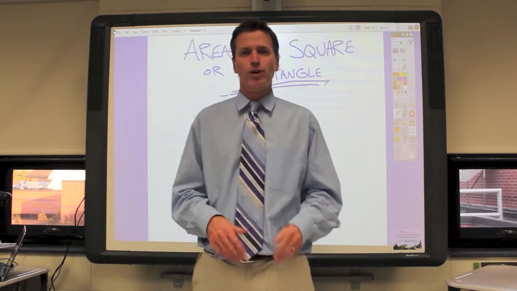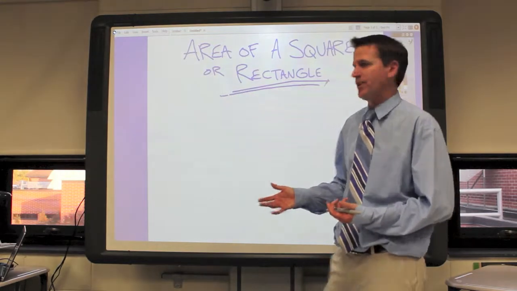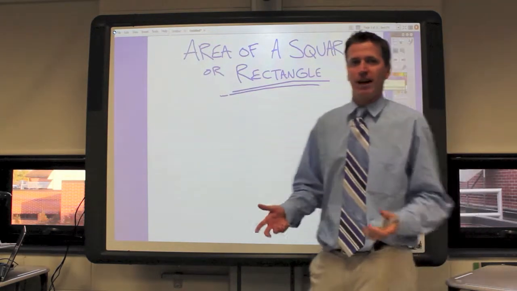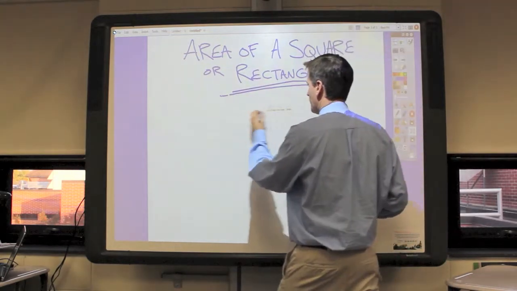All right, now what we're going to look at now is area of a square or rectangle. When we're talking about area of a square or rectangle, we have to know the formula for an area of a square or rectangle. Now when we're talking about, let's say, a square here,